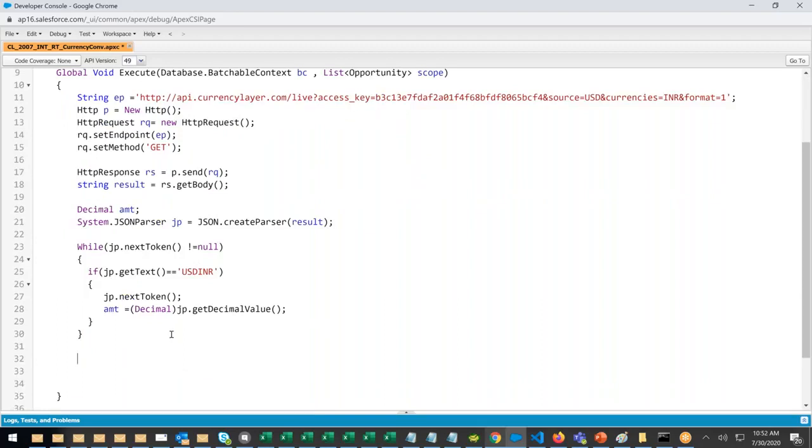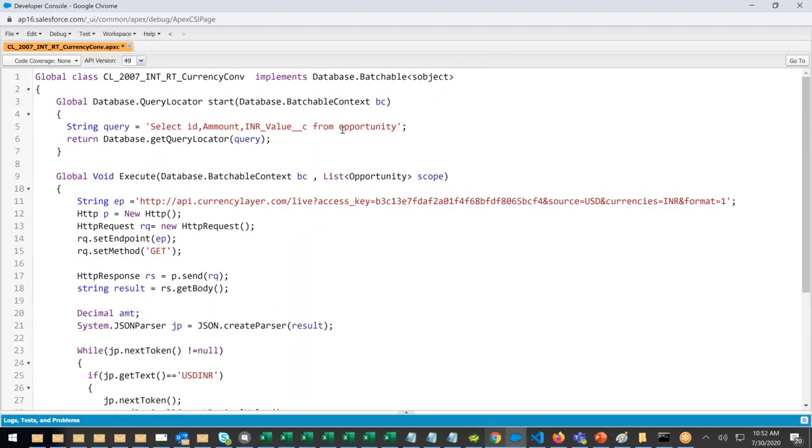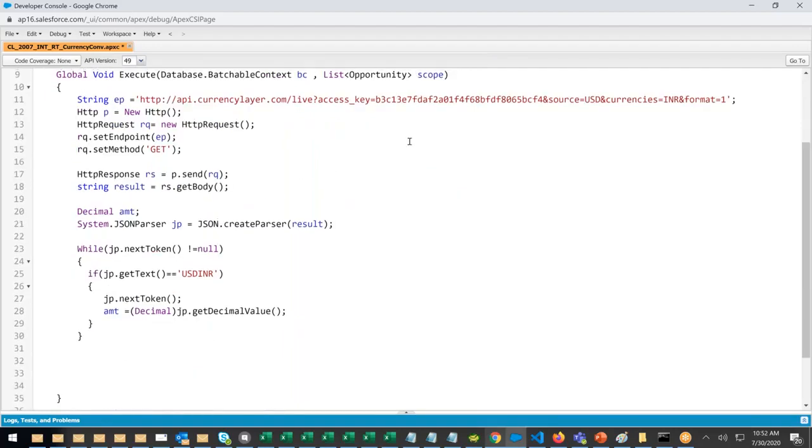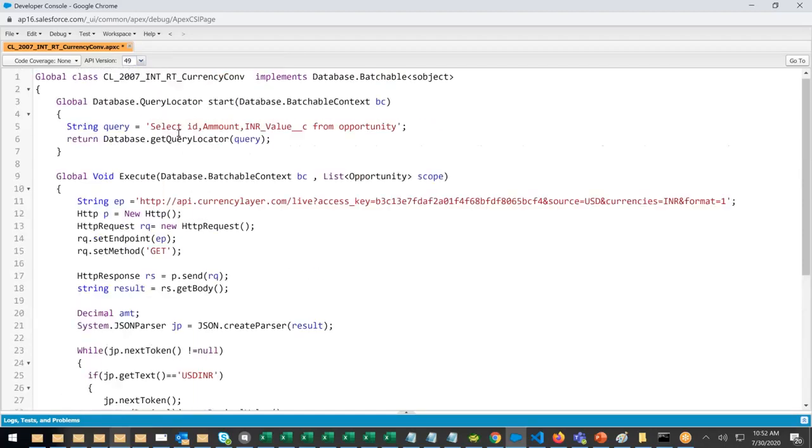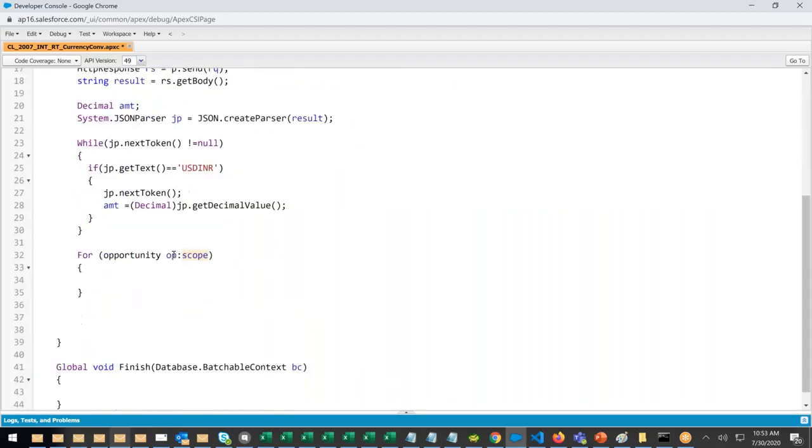This query will give you a list of more than one record, and that list is called scope. So now here I will write a loop again. For opportunity op from scope. After this query runs in the start method, all the data will be given back to the execute method. In the execute method, that list is called scope. From the scope, each one opportunity is called op now. What I will do is multiply op dot